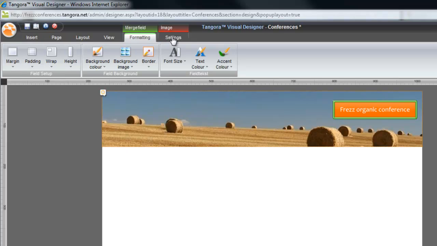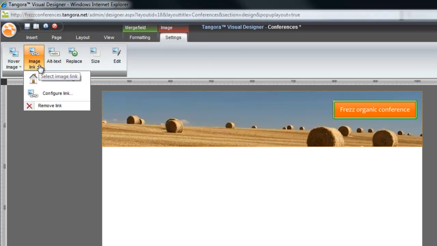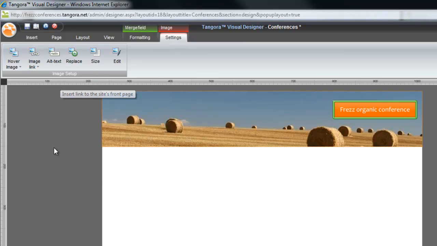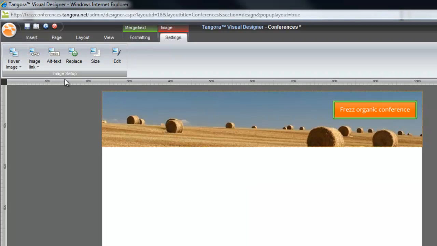There's also a tab with settings specific to image elements. Here I could choose a hover image, if relevant, and I could also choose a link. Here I'll choose that you return home when you hit the link. And I could also adjust my so-called alt text, which is controlled centrally, but which I can overrule here. Alt text can be used for search engine optimization, where you include important keywords in the title.